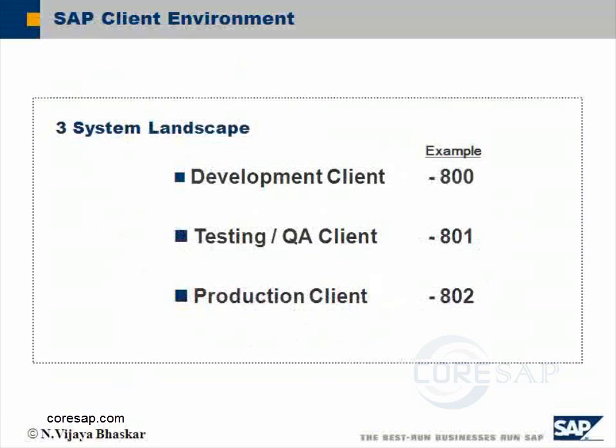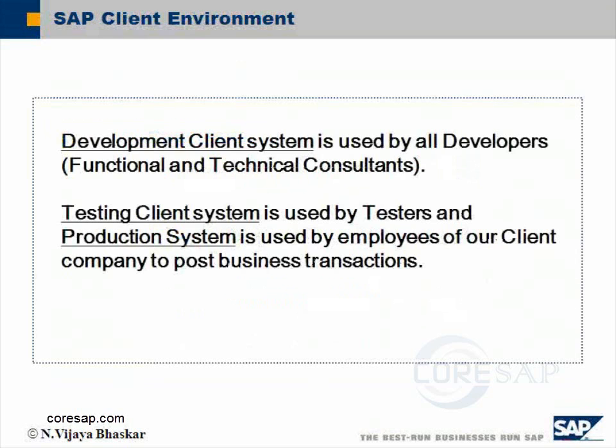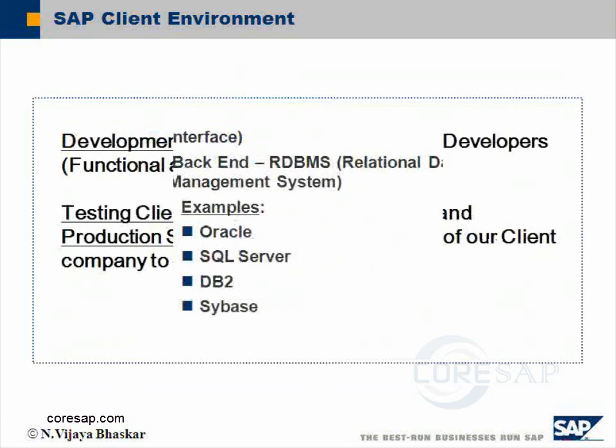Whereas our testing colleagues are hired only to test the application. They don't know how to develop the application or even how to use it. They know only testing. So they will be using this machine called the testing client. Whereas our client company employees will be using our production system, right? So once we complete the development process and the testing process as well, then our client company employees will be using this machine for posting actual business transactions, right, guys? So that machine is called the production client. So I gave one-liners on these terms also. But remember,